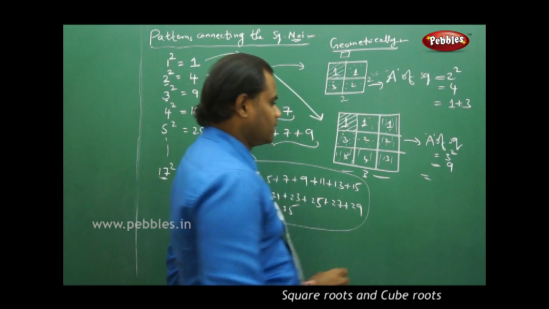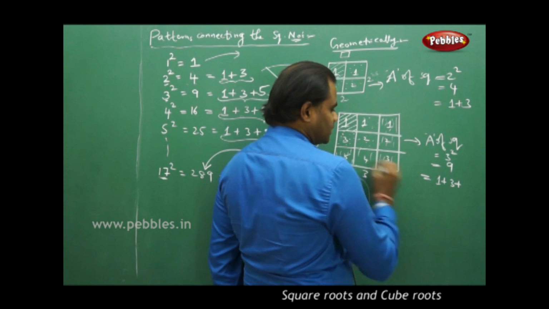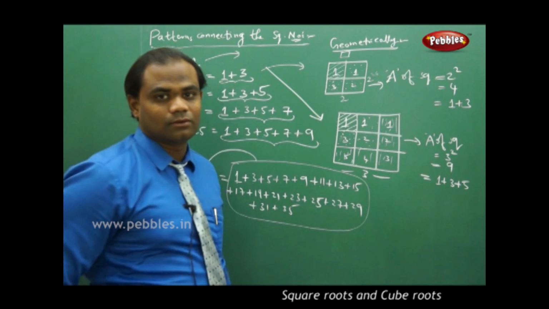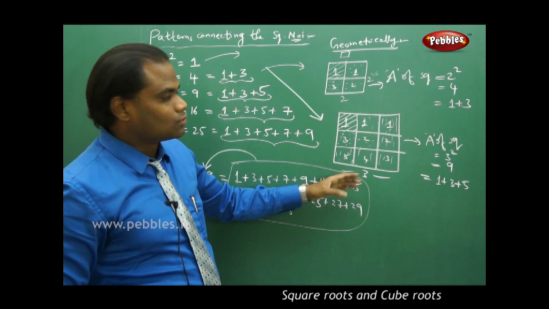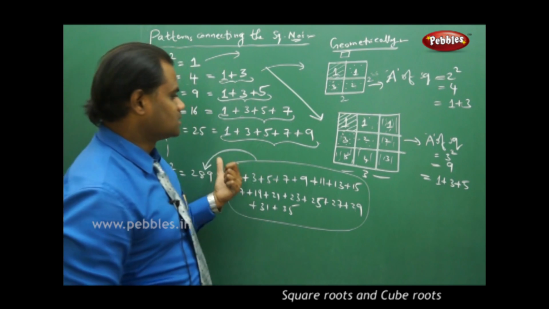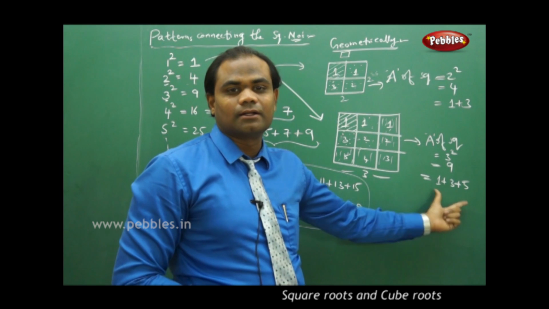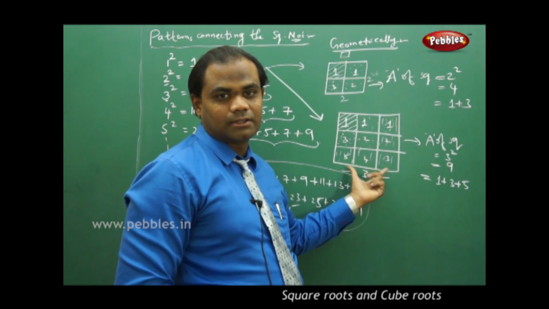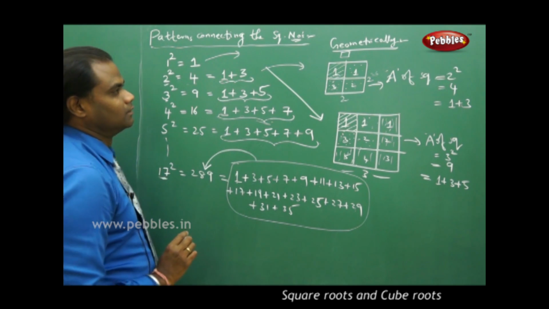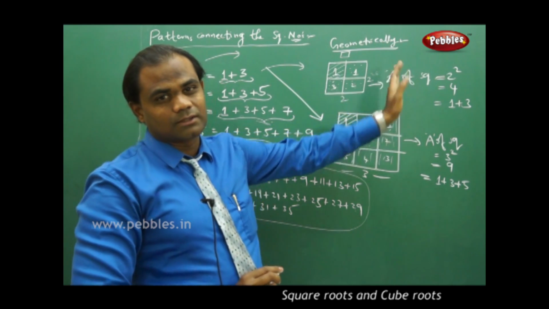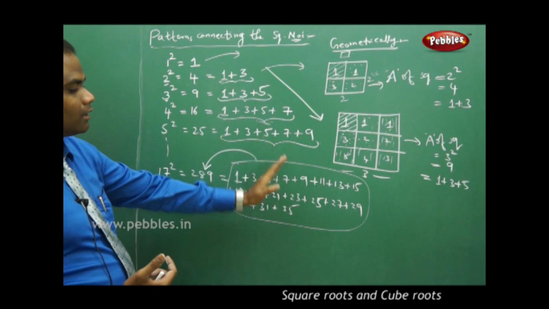So I find a pattern where this 9 can be split as 1 plus 3 plus 5, going by each one, 1 plus 3 plus 5. So when I connect this geometrically, I understand that the area of the square gives the pattern in the square formats taken in blocks, and similarly it can also be seen through the pattern which I identify here. So geometrically I understand through squares, and analytically I understand by adding and observing a pattern,